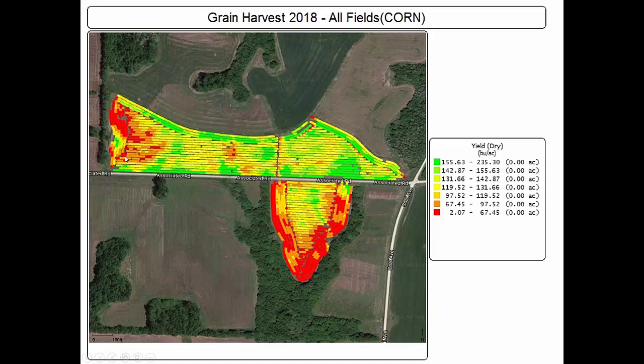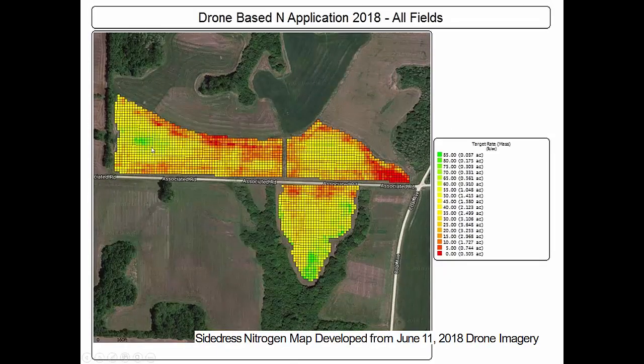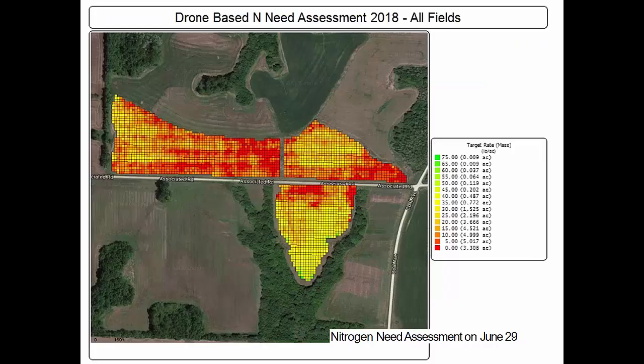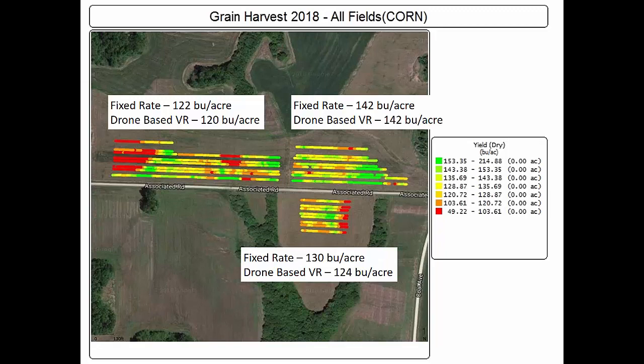And if you notice over here on this side of the field, we're down to less than 100 bushels. Specifically, that's an eroded side slope. If you refer back to here, that's where it was calling for the most nitrogen. Well, there are still probably some things that can be thought about there; you can only pour so much nitrogen on it, and it really does show that even then it was still saying it needed more. Part of that is just the capacity of the soil itself. So if you truly look at all the yield information,